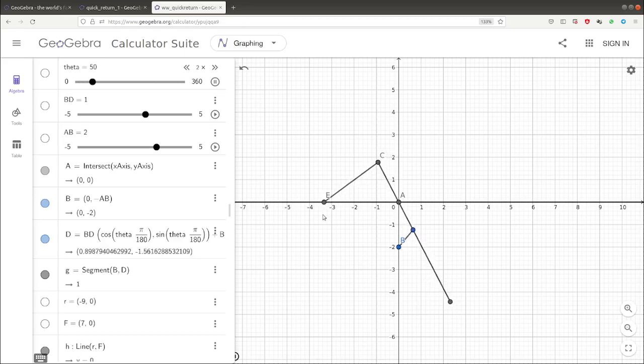So when it comes back, it doesn't need to come as slowly as the forward stroke. Instead of wasting time in the reverse stroke, if we could somehow make it quick, then it will be efficient, and for that reason we use this quick return mechanism.